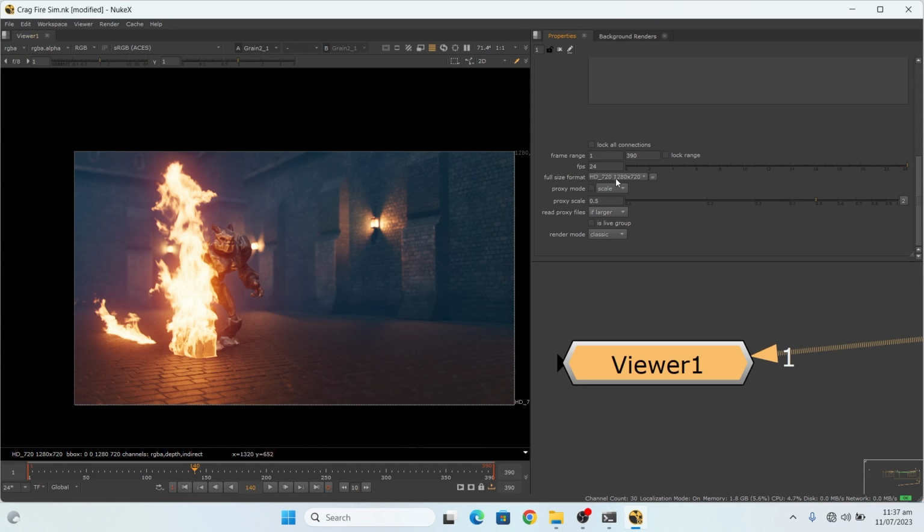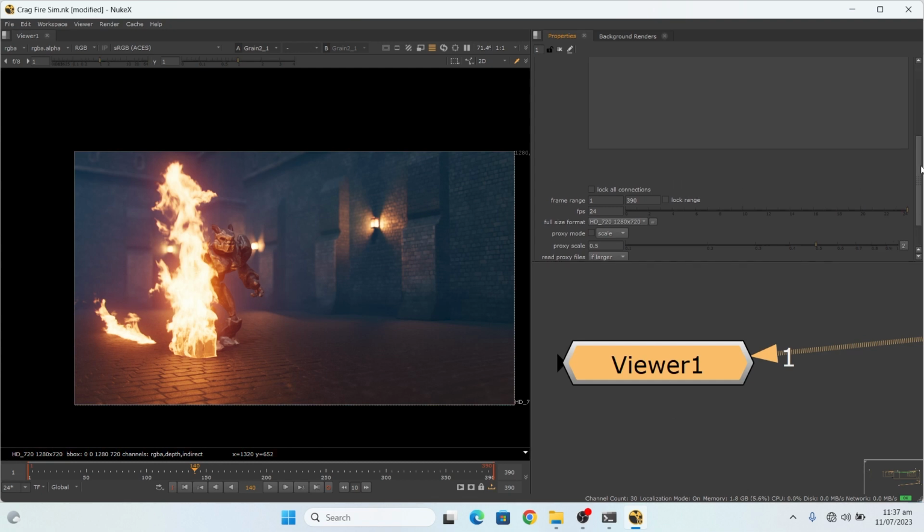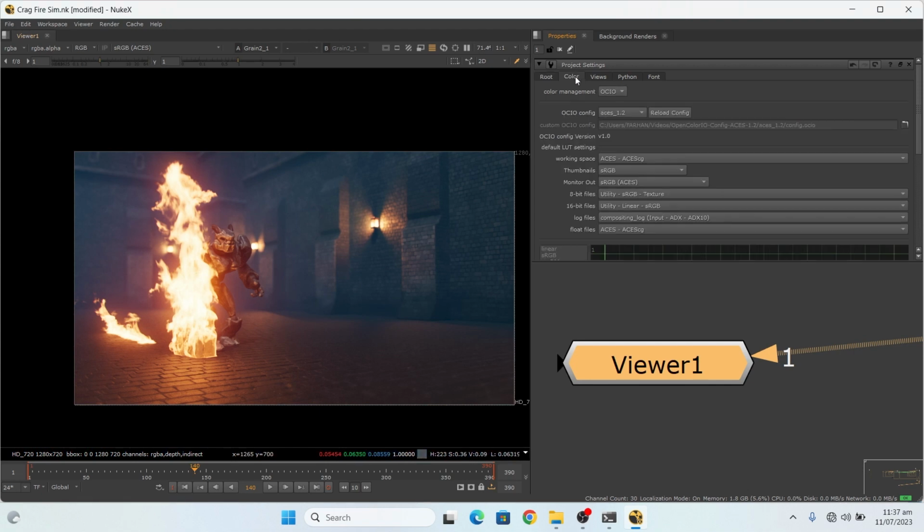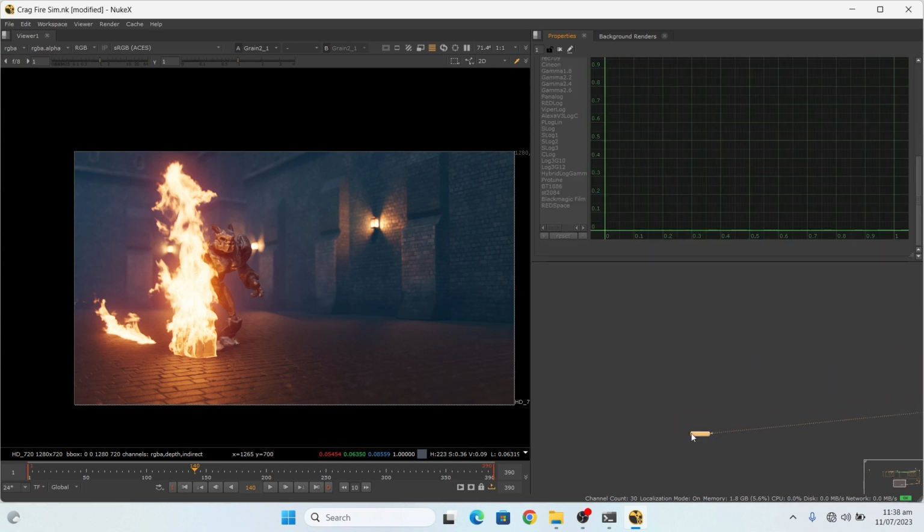I am using HD version, and then I rendered this in SS color space. So here I change it to OCIO, and here I check SS 1.2. Okay, then after that,